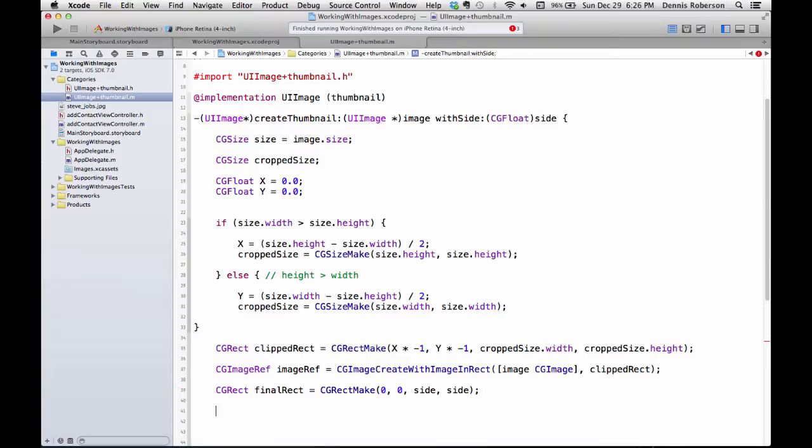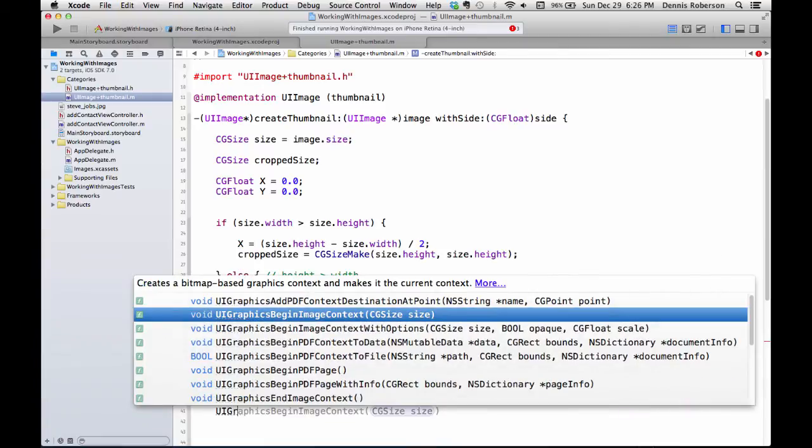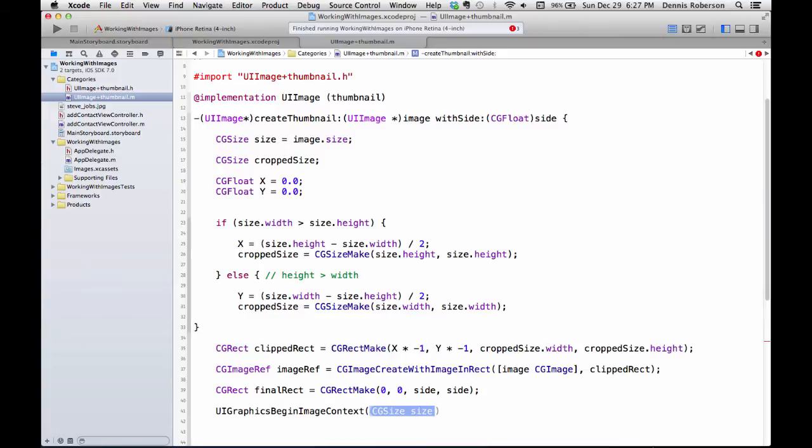Okay, so the last few lines of code are wrapped between what's called a bitmap context. It starts off with the method UIGraphicsBeginImageContext. Boy, all these methods are so long, which takes one argument, the rectangle size information, which we just defined above. So let's create a UIGraphicsBeginImageContext, UIGraphics, and we want to use the BeginImageContext, and it takes one argument, as I said. And what we're going to do is use the final rect that we just created above, and we're going to use the size property,